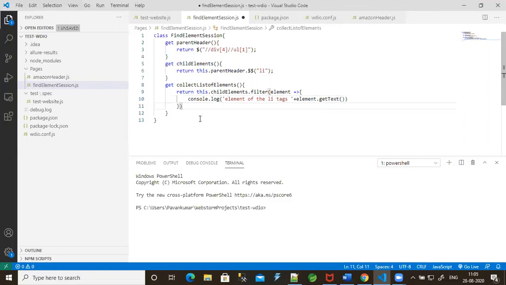Let me try it practically. I go and export this: module dot exports is equal to new element session. Now I create an object.